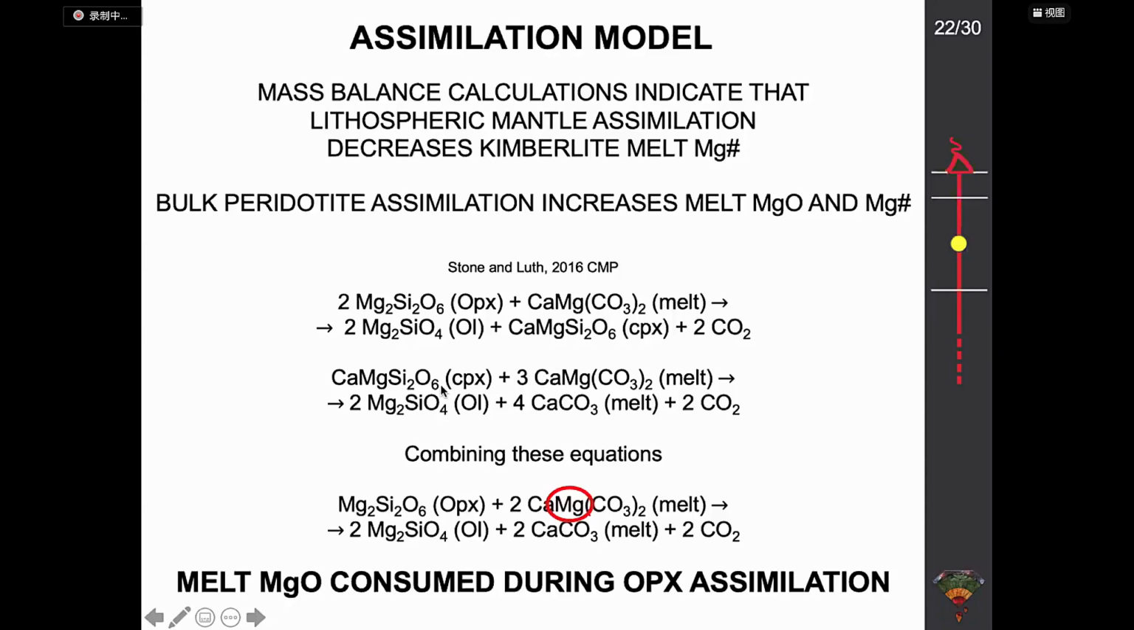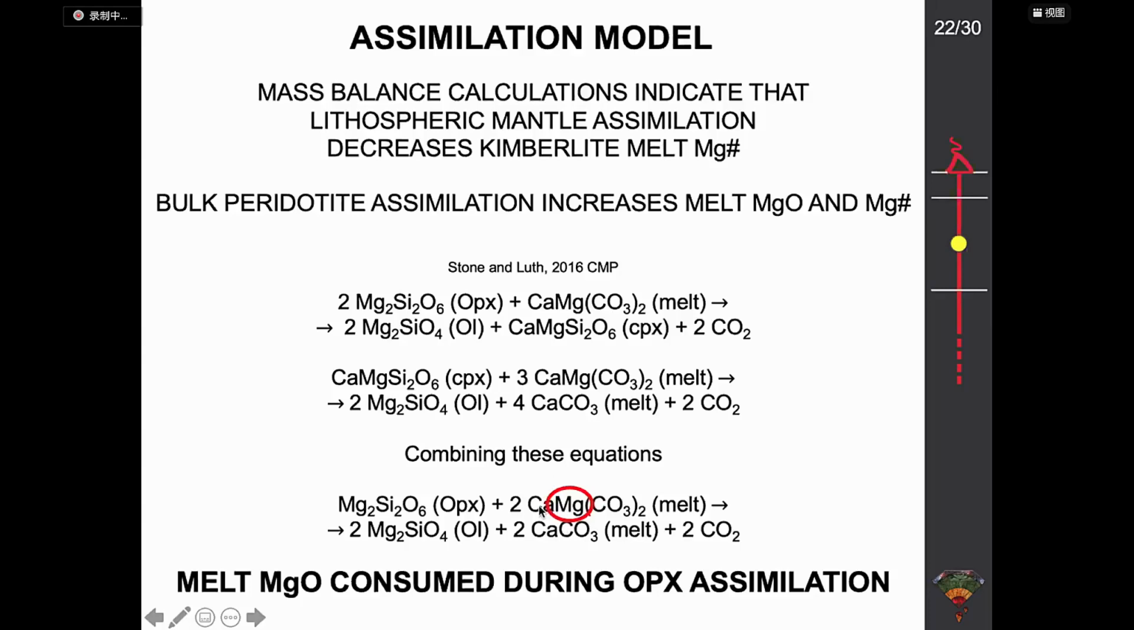However, because clinopyroxene is absent in kimberlites, magmatic clinopyroxene, they formulate the second equation whereby clinopyroxene further reacts with the dolomitic melt to produce more peritectic olivine and calcite dissolved in the melt, together with CO2. So if we just combine these two equations, something quite interesting comes out. That is, orthopyroxene reacts with the dolomitic melt to produce peritectic olivine and calcium carbonate dissolved in the melt plus CO2. So what you can see here, and this is why I have circled magnesium in red, is that during